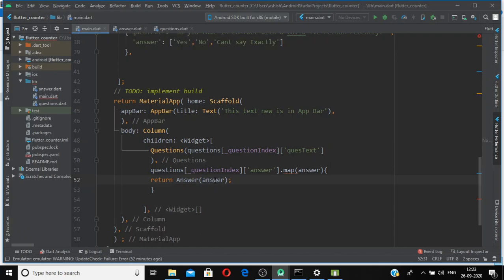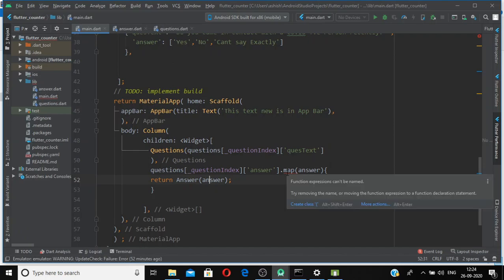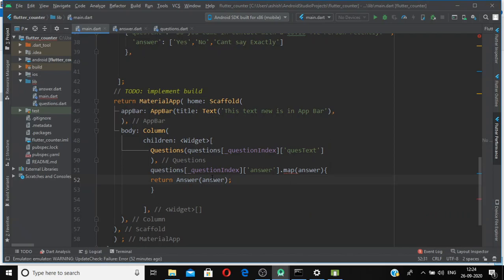So this custom widget will return a widget with text from the option. At present it is giving us an error, and first let us resolve these errors.